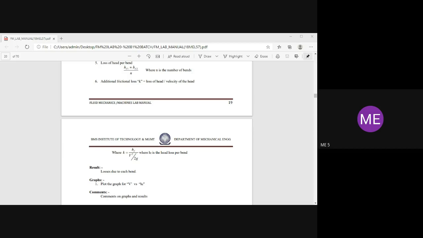One is with bend and one without bend, like that. I gave trials now like that only. You have to put it in the tabular column, like I have posted. You have to make two rows for the first trial, two rows for the second trial. Like that you have to take it.